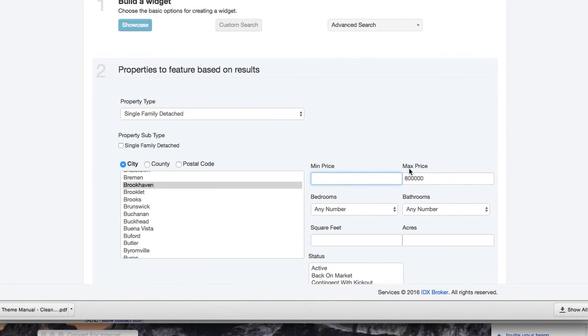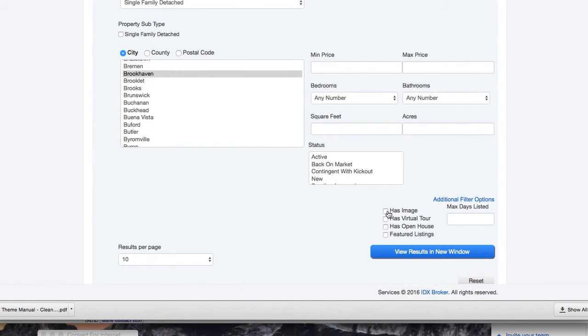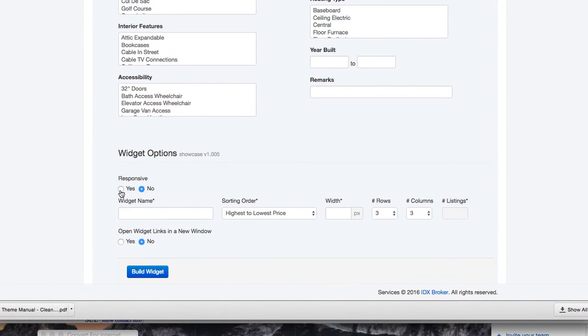And again, we're going to pull out the price difference things here, and the only feature we want to make sure is that it has an image, just because if not, it kind of looks a little goofy there. So this is Brookhaven listings, 4 columns,